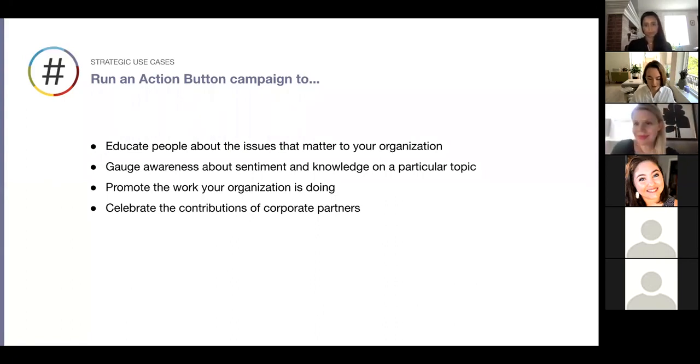I really think action button campaigns are, again, well suited towards that top of funnel engagement. Thinking about some things that might specifically apply to folks in this group, I think they're really well suited to educate people about issues that matter to your organization. So if you're an organization that cares potentially about civic engagement, environmental issues, maybe access to good jobs, affordable housing, whatever the issue is that you're organizing folks around, I think action button campaigns are a great opportunity to do some of that education work and help folks learn more